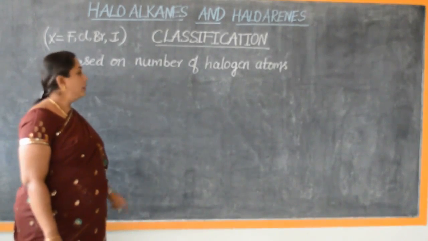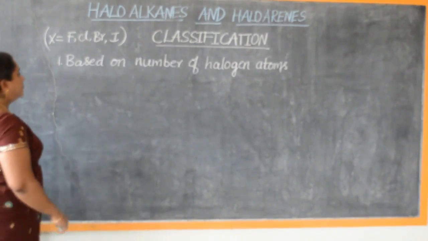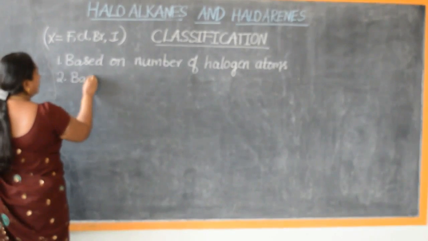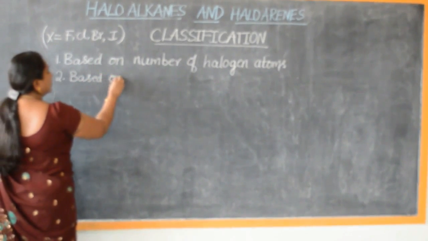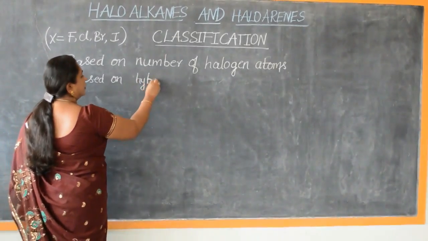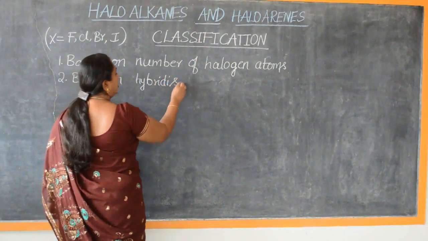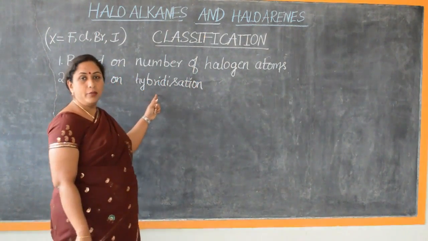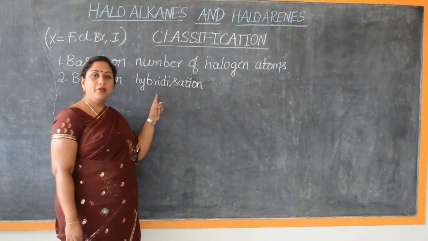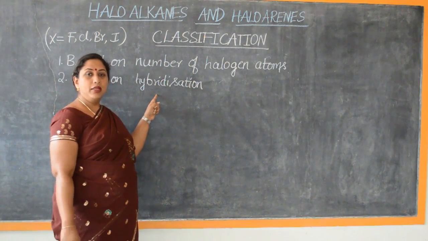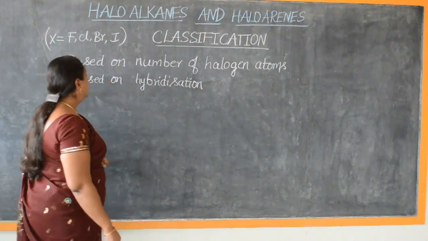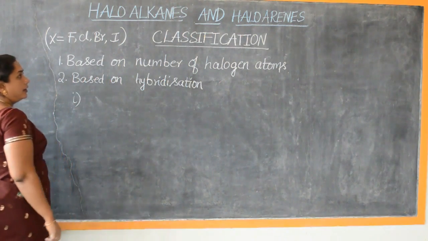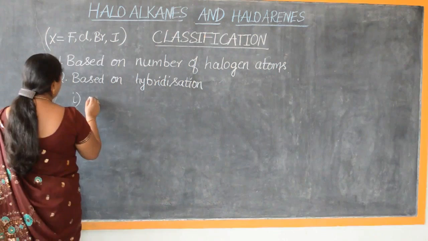In this video lesson, let us understand the classification of haloalkanes and haloarenes. Now, based on hybridisation, to understand about hybridisation, you may watch my video on the separate concept done about hybridisation. Now, based on hybridisation, these haloalkanes and haloarenes are classified into